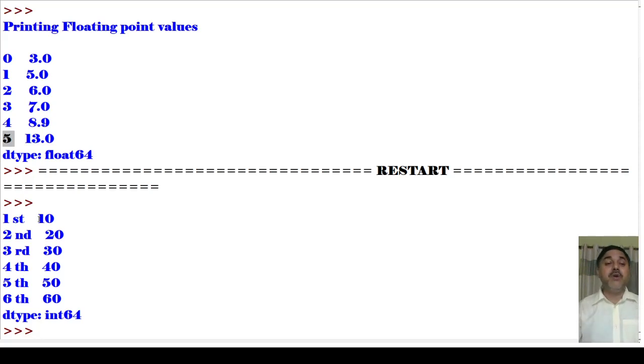Clear? So here, instead of allowing the computer Python program to give the index values, I have given the index here. First, second, third, fourth, and so on. Based on the indexing I have given, you see the values that I have inserted here.